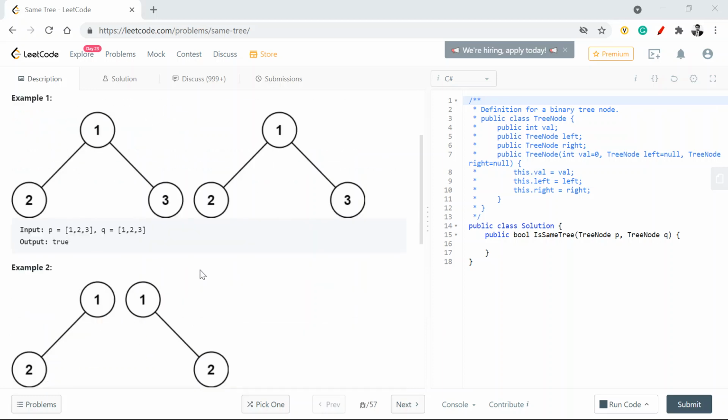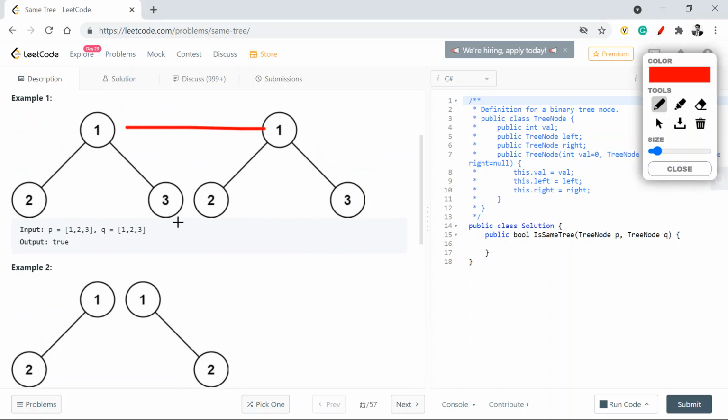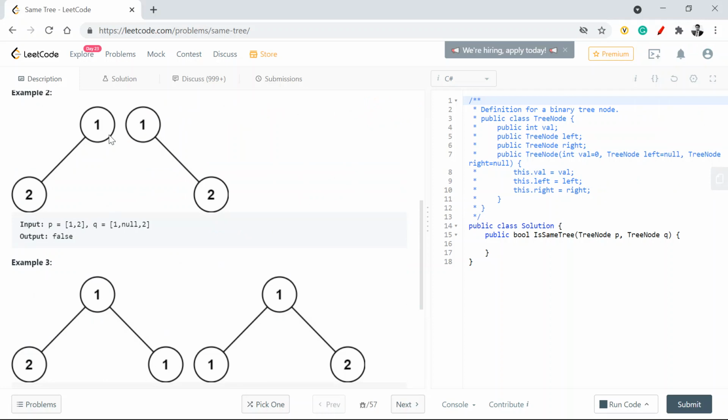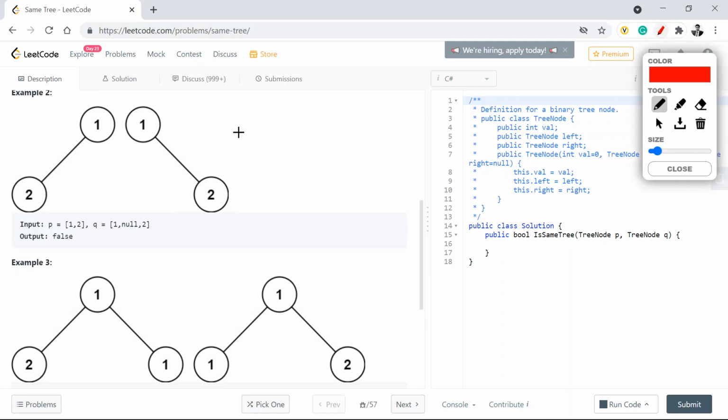What we mean by that is if you look at this binary tree, these nodes are same, the left child and this child are same, and this child and this child are same. If everything turns out to be true, I need to say yes, they are same. Similarly, if you look below here also, both are matching, but in this case this was your left child, but here it's a right child, so hence it's not a